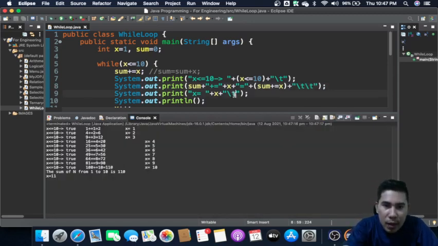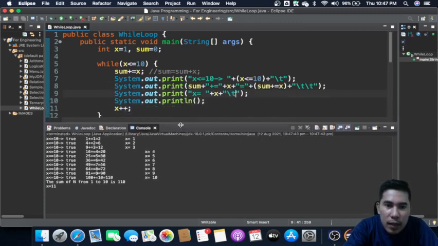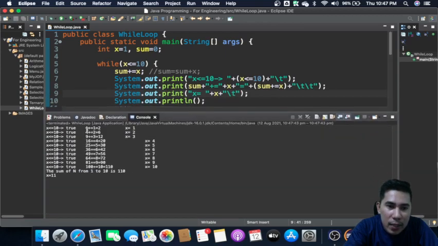And then only once, no, I made a mistake. So yeah, that's right, and here would be the x, so backslash t and then the x. We read it in reverse earlier, but it's the same thing: x less than or equal to 10 is true, true, true, true, true.